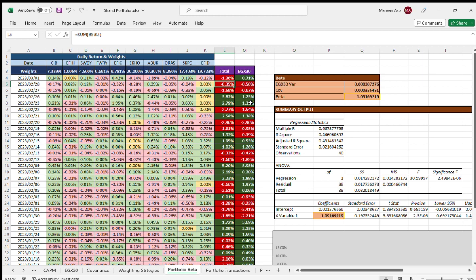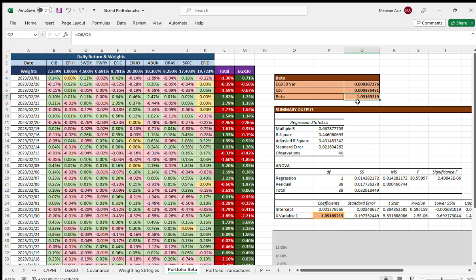As you can see, some days they were having positive returns or negative returns, so they were moving in the same direction. And some other days, my portfolio had a positive return, while EGX30 had a negative return, and here we have vice versa. So I got the variance for EGX30 using the variance formula, and I got the covariance for my portfolio using the returns for my portfolio and the returns for EGX30, and I divided both of them to get the beta,